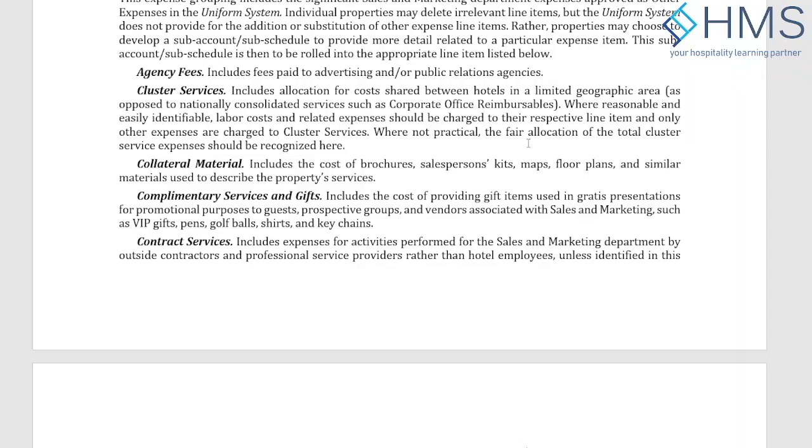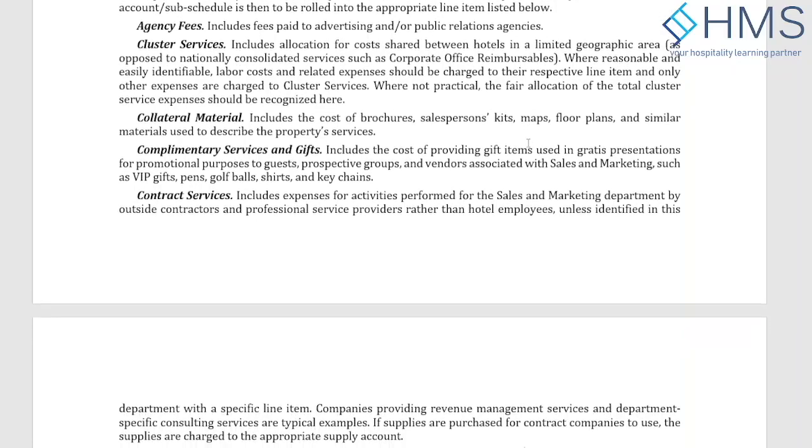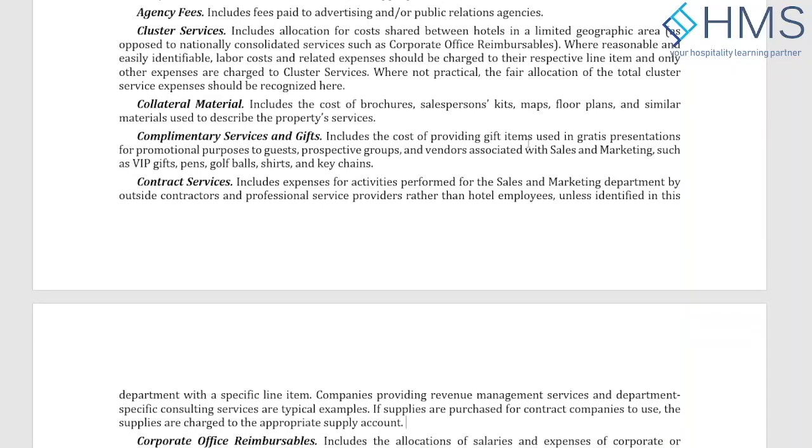Then you have contract services in the sales and marketing department. Here again, if we have done any contract, for example, the retainers that we are charging for sales representation, or maybe revenue management services which we have outsourced, or there can be digital marketing agencies, there can be SEO. If it's a complete agency, you have to charge them for the complete digital marketing to design and to carry out the programs. In that case, the cost of that service is going to be in these contract services.